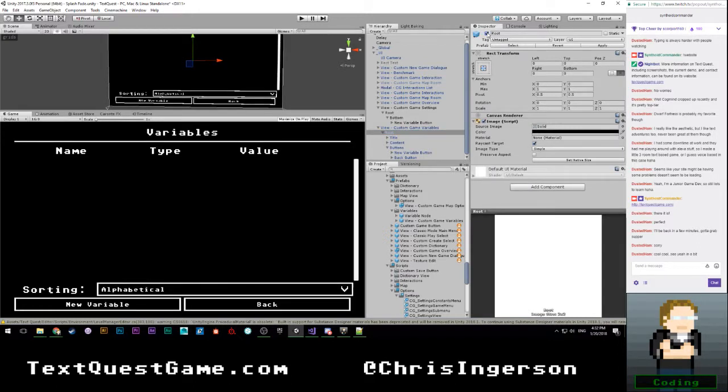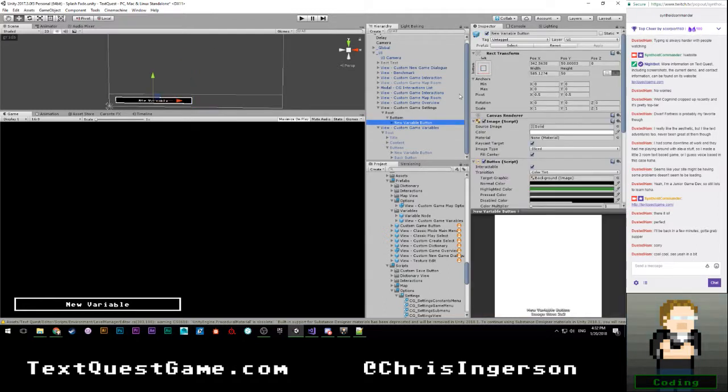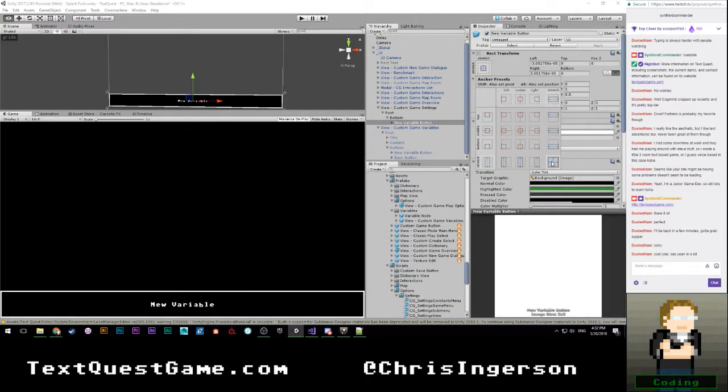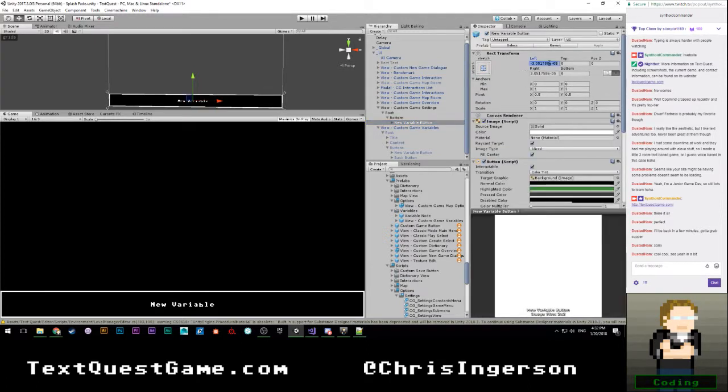So with this, I had a back button. It means my back button is going to go across the entirety of the menu, which is kind of awkward, but it's not the worst thing. So let's have that stretch, and we will have offsets of, 50 is too much, 5, we'll do 10. 10 from the left, 10 from the right, and 10 from the bottom.